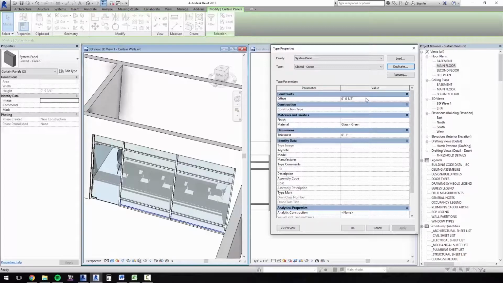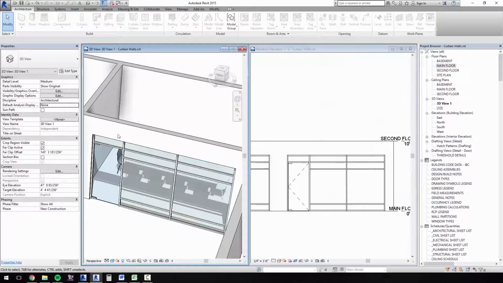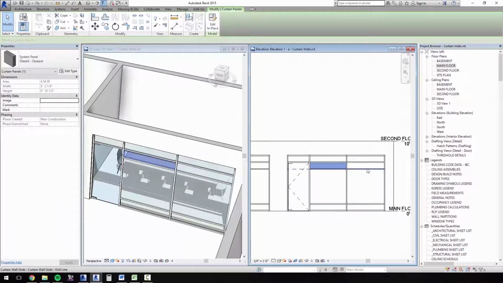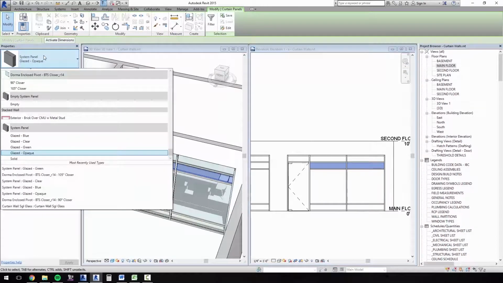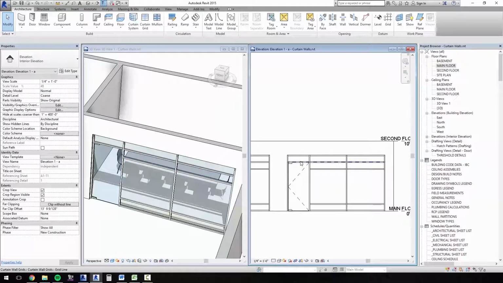Also make sure that you recognize this parameter is a type parameter, so changing the offset of 1 will change all of the offsets for that family type. Okay, so that's going to be green, and there you go. Next we'll do the next 2 panels, which are going to be blue to match the door, and then the top